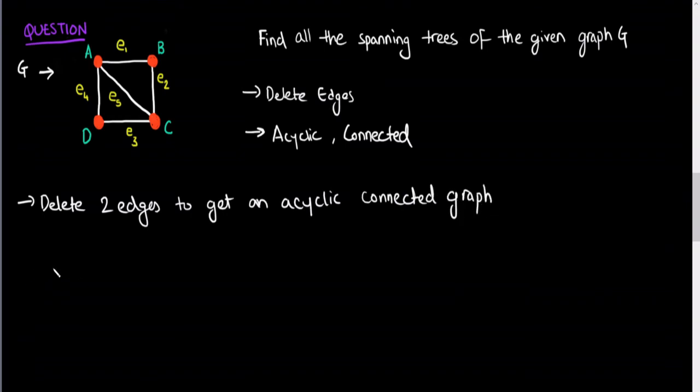Okay, so let's take combinations of edges to delete. So let's say I delete E1 and E5 in my first graph, so it will look something like this. Okay, so this is E4, this is E3, this is E2. So this is my one spanning tree. You see that this is acyclic, it is connected because I still have all 4 vertices here, still connected. It is acyclic, and this is also a subgraph because we've deleted edges, right? So this is one spanning tree.